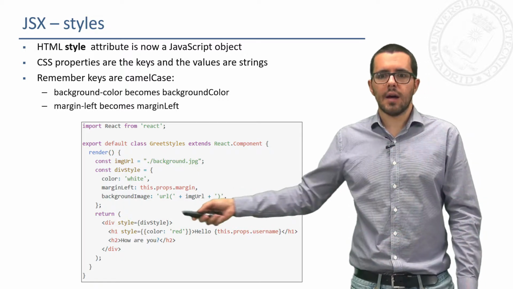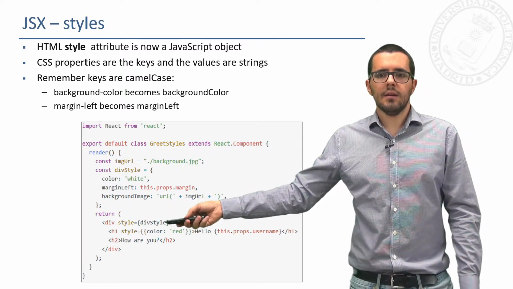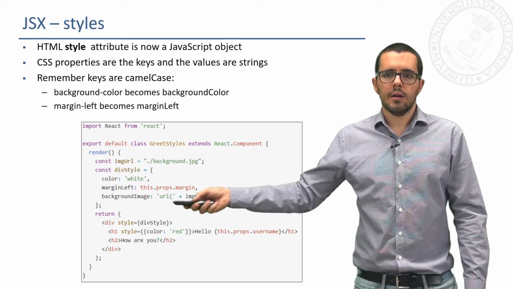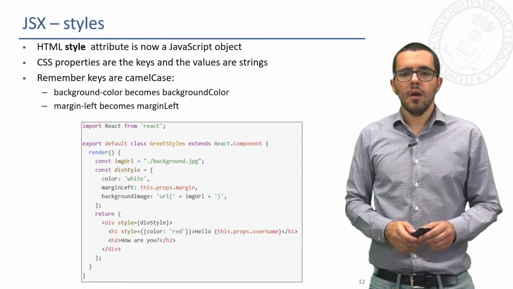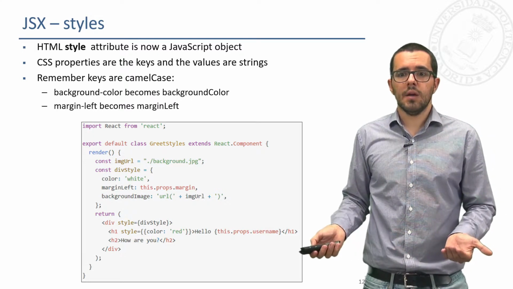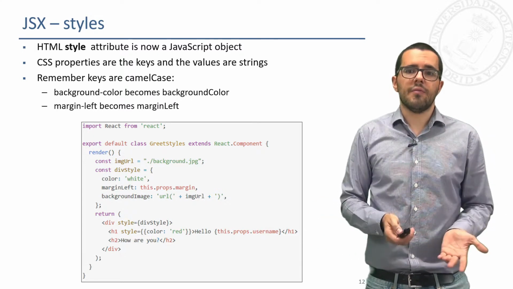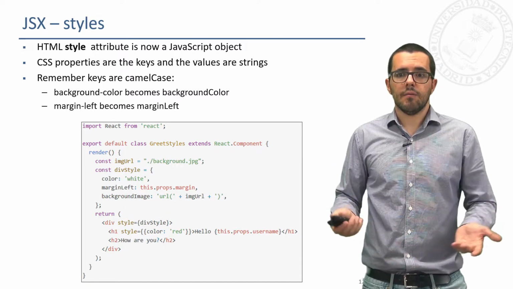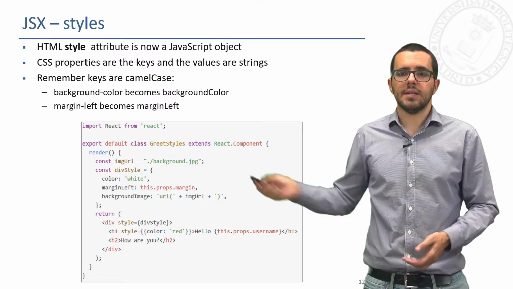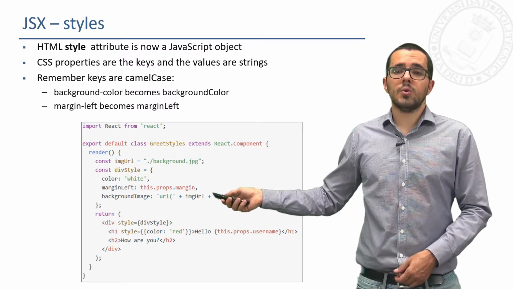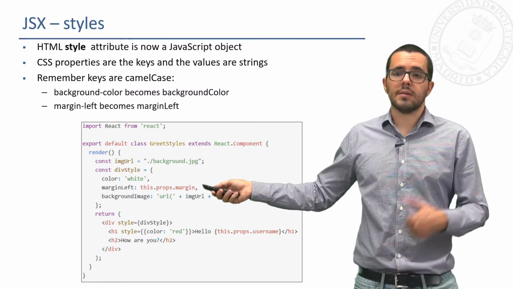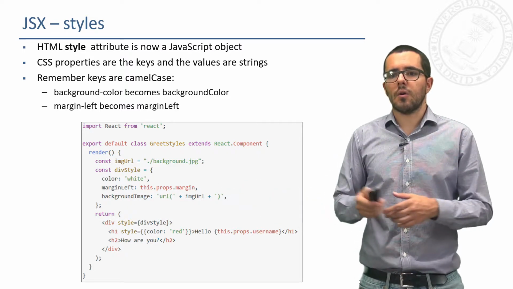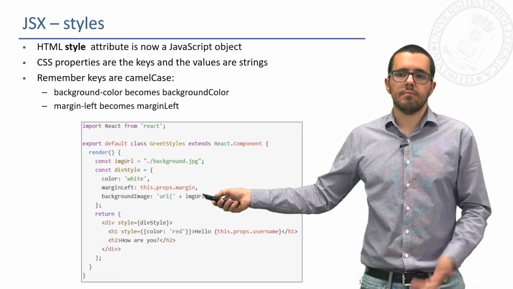And how do we use it? As a prop to the div. Style equals curly braces div style. So this is a style, and we use it here. Of course, we can also use className and give a class to the div and use a CSS or Sass file to give styles. But this is one possibility. It is very used, in fact, when we have to compose values here, for example, depending on another param or on another variable.